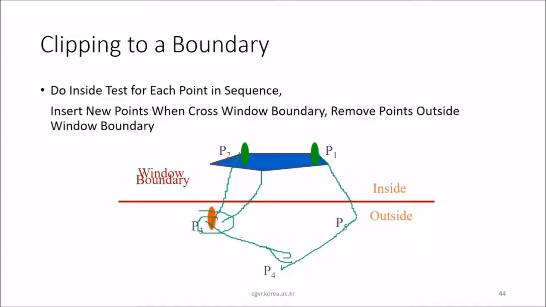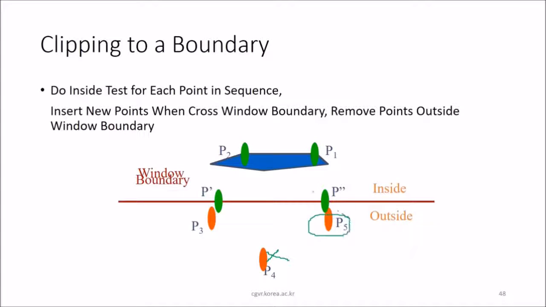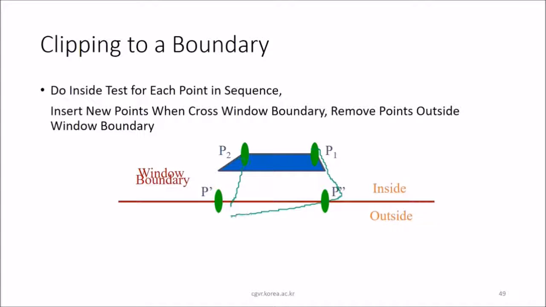Okay, this is our region. Then we find P3, and we say that P3 is not lying inside, it is actually lying outside. So we find a point which is the intersecting point, P'3 actually. Then we go for P4. We find that P4 is outside, we leave it. Then P5, we find that okay, this is here. So we find a point P'. So these are the 4 points. So ultimately we will only show this.